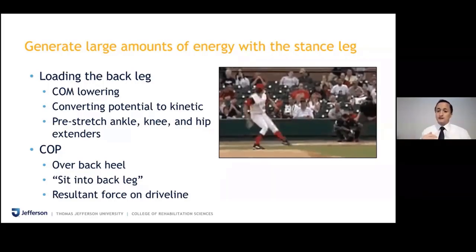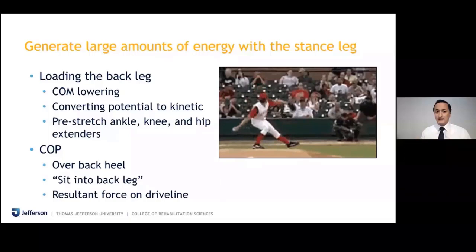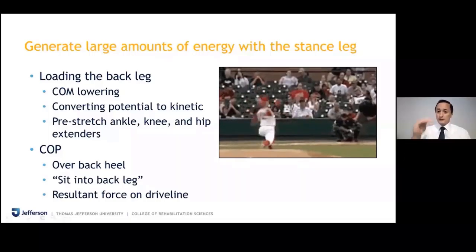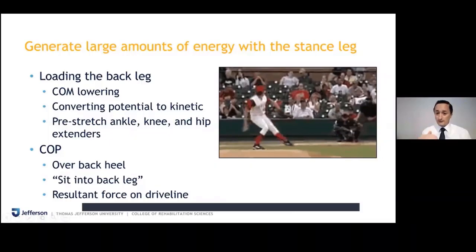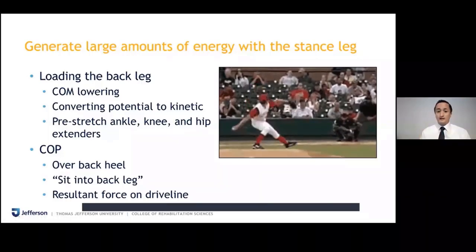So we're taking that potential energy and turning it into kinetic. You could see this individual, if you follow their belt buckle, you could see how much they drop their center of mass. That's creating kinetic energy. This also,